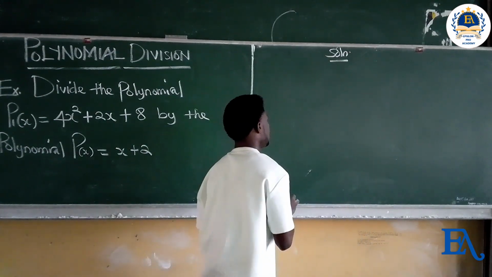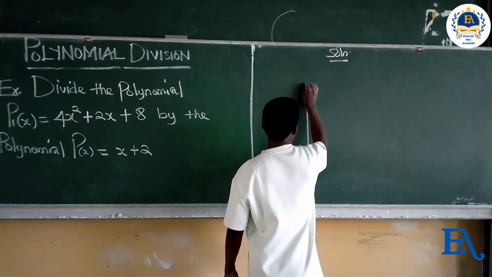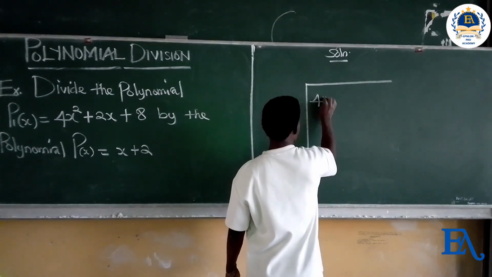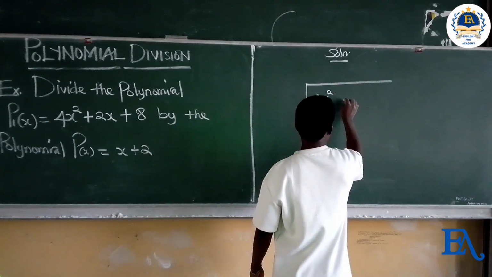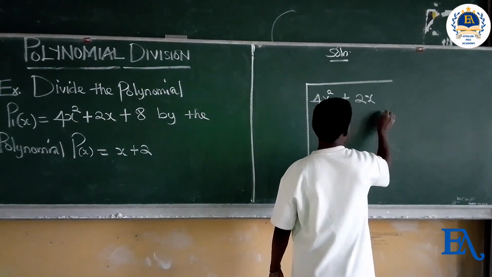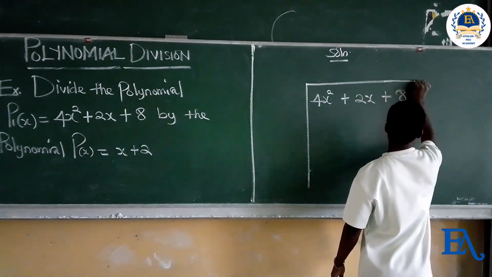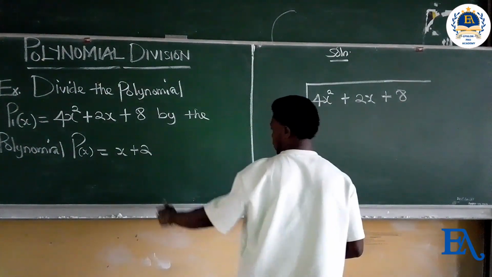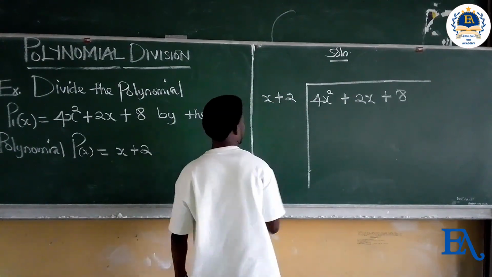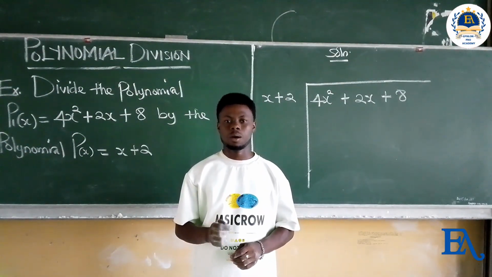The first thing we have to do is to draw a perpendicular line this way. The dividend is taken inside, which is 4x squared plus 2x plus 8. And the divisor is written at this point. Okay, so the first thing we must do is to divide the first term of the dividend